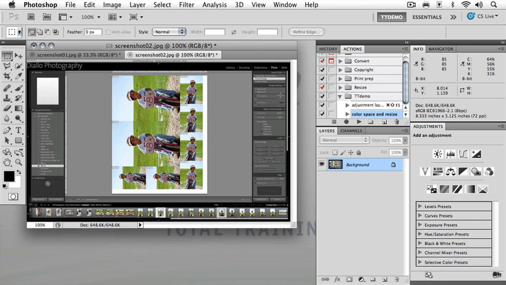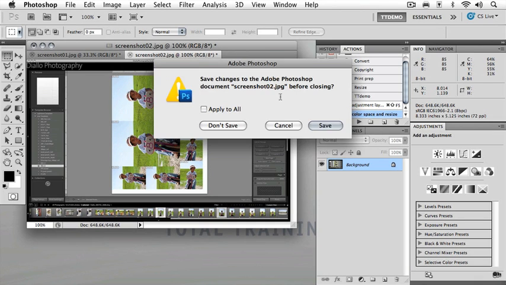Now we'll go into a bit more complicated use of actions. We'll close both of these images again with our shortcut of Option Command W on the Mac, Alt Control W on Windows. Close these. We're going to click Apply to All, and